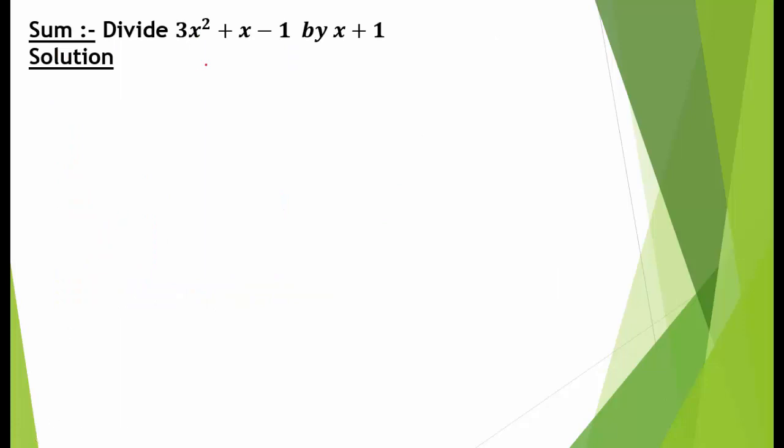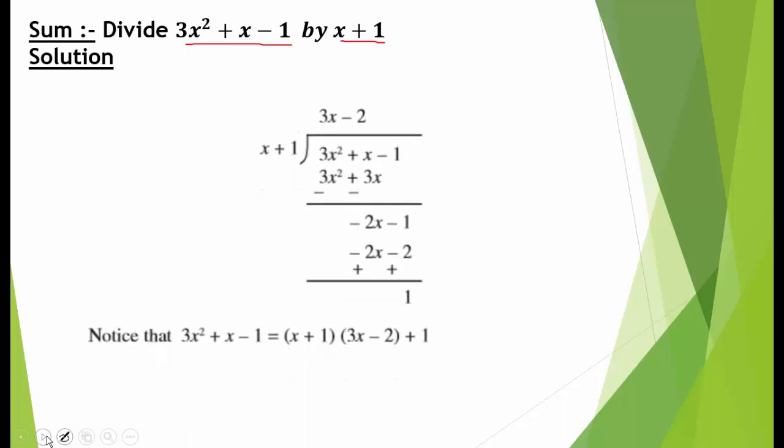Now divide this polynomial, meaning this is my P(x), with x plus 1, meaning this is G(x). Now how will we divide in polynomial? First write the polynomial here, that is P of x, which is the dividend, and the term G(x) write here. Here we will write G(x) and here P(x).